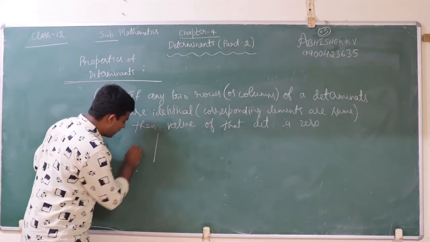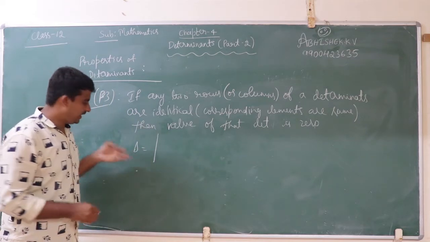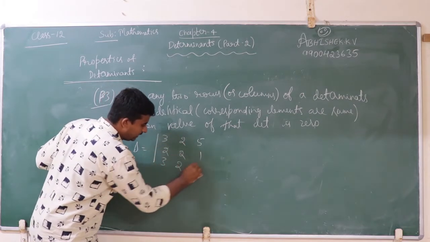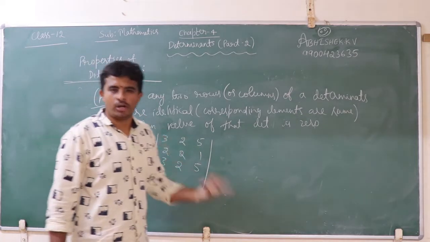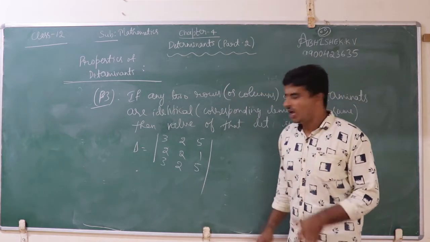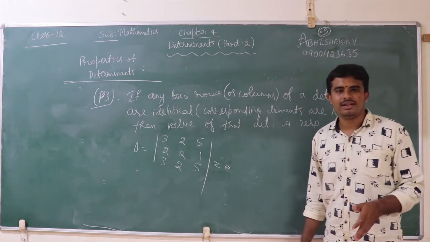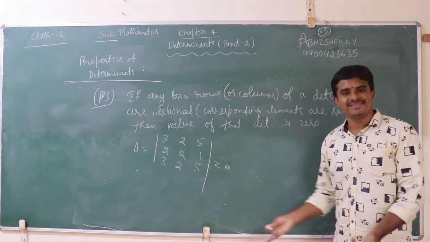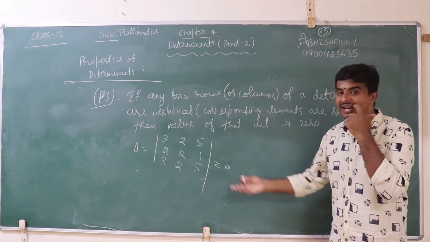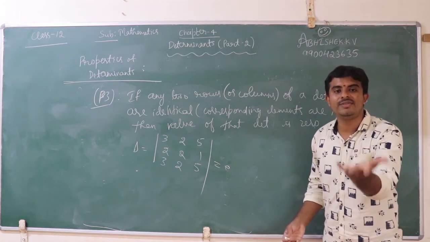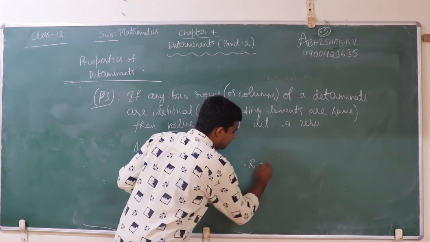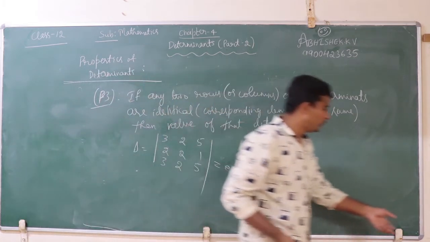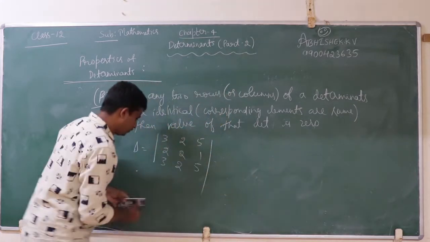That means if the examiner gives evaluate 3, 2, 5, 2, 2, 1, 3, 2, 5, no need to expand along R1 or R2 or R3 or C1 or C2 or C3. Simply you write it as equal to 0. Why? See, the third property says if any two rows or columns are identical, then the value of the determinant is 0. For your CET examination, examiner likes to ask this type of question: evaluate within a second. You will say because R1 is equal to R3. See, R1 is equal to R3. Sir, we need proof. Yes. For proof, go through